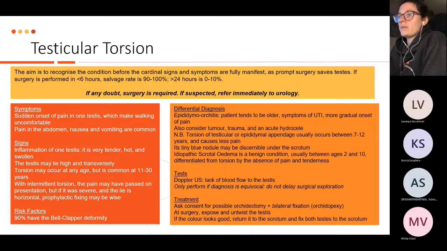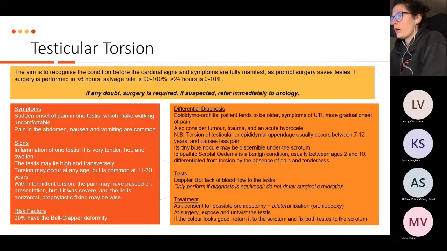A big risk factor is something called a bell clapper deformity, and this is basically an anatomical variation in how the testis is attached to its surrounding fibrous tissue, and it basically means it's more likely to twist because of that anatomical variation. In terms of investigations, history is really key, because you want to figure out if